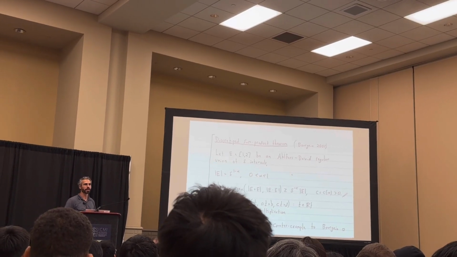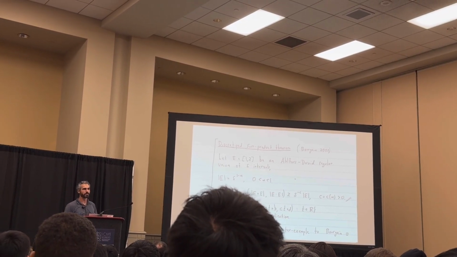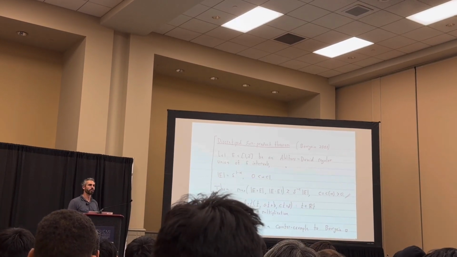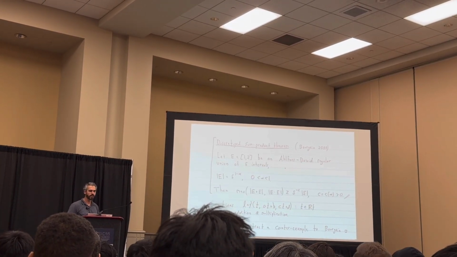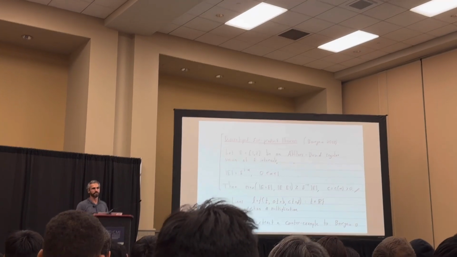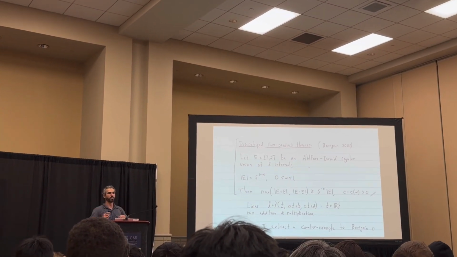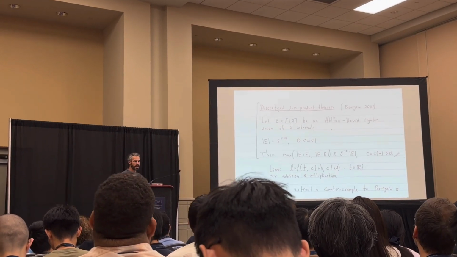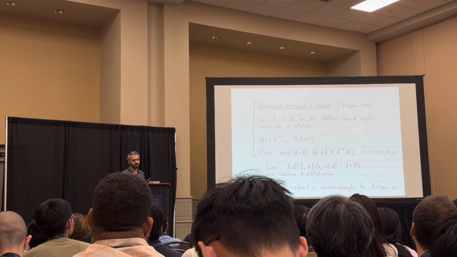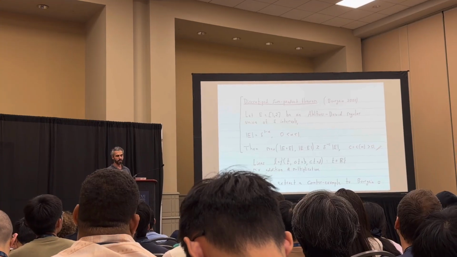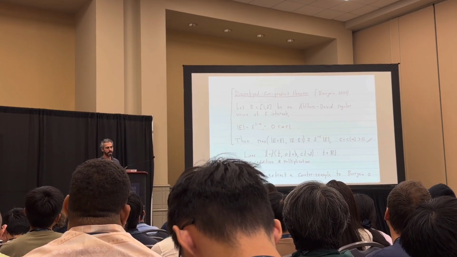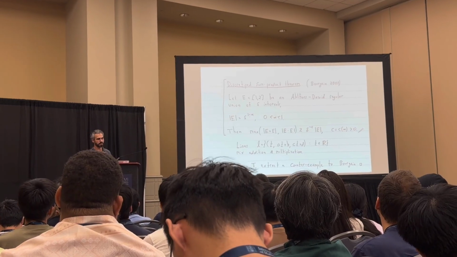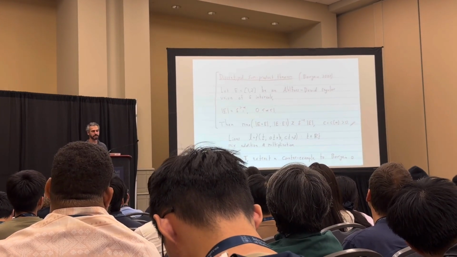And shortly thereafter, Bourgain proved a more quantitative version of this statement. And what I've written here is a special case. He proved it for more general sets, but I'll just give you this special case. So let's say I have a union of delta intervals, which is a subset of the interval from 1 to 2. I want to stay away from 0 because multiplication behaves badly around 0. You take this union of delta intervals and let's imagine it's alpha-regular with exponent alpha. And it's a union of roughly delta to the minus alpha delta intervals. So it has cardinality, or it has volume, delta to the 1 minus alpha.